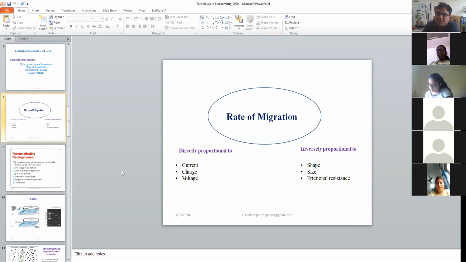So this current is a very important variable when you are planning to go for electrophoresis, and we should have very clear-cut information on what current to use in this particular electrophoresis, right? Then charge and voltage, same thing. As I told, all these three follow Ohm's law, and we have to be very particular when deciding the values for running your electrophoresis unit, because if you increase any of these three parameters, they are correlated and it will have an effect on the separation or the migration of the molecule which you are going to target.